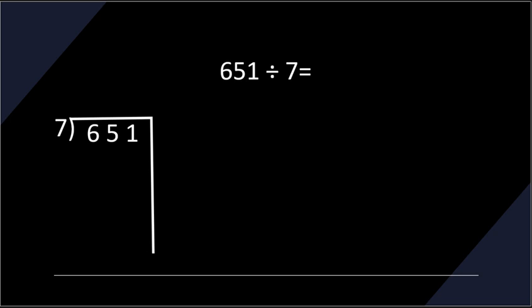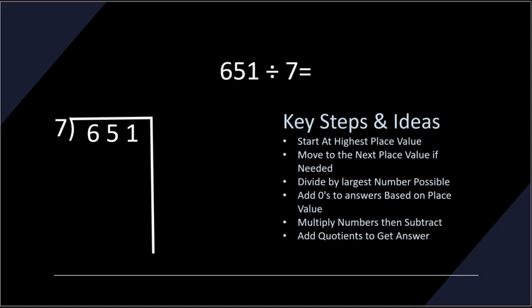Okay, so first what we have to look at is these key steps and ideas. One is we're going to start at the largest place value. So we're going to start over in the hundreds and then move to the tens and the ones based on if we can use these numbers and divide them with the 7. Next, we're going to make sure that we try to divide by the largest number possible. If I'm giving things away to 7 people, I want to give away the largest amount so I'm not dividing as much, because the more you divide a number, the more likely you're to make mistakes. So it's best to use math facts and divide with the largest possible number,